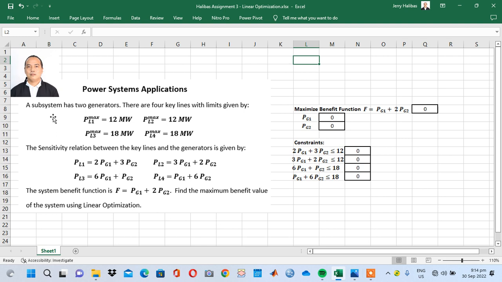Example: a subsystem has two generators and there are four key lines with limits given by: line 1 maximum power is equal to 12 megawatts, line 2 maximum power is equal to 12 megawatts, line 3 maximum power is equal to 18 megawatts, and line 4 maximum power is equal to 18 megawatts. The sensitivity relation between the key lines and the generators is given by